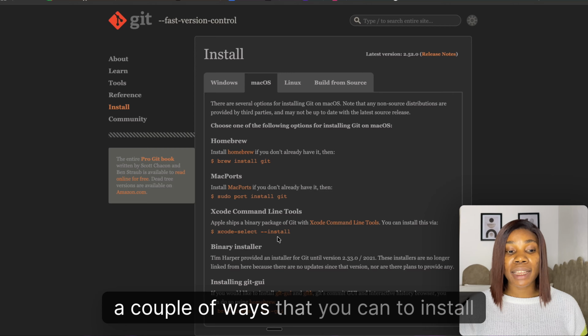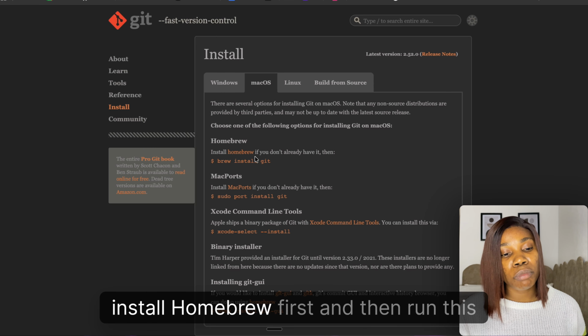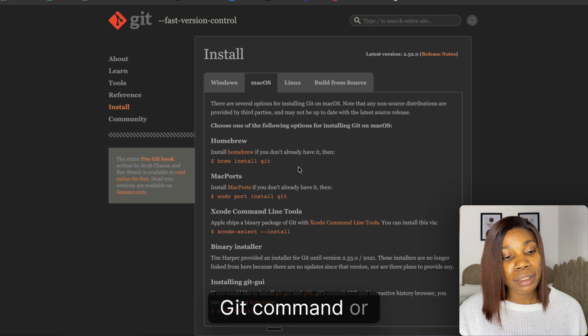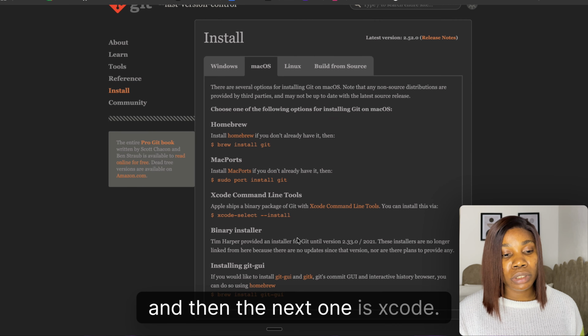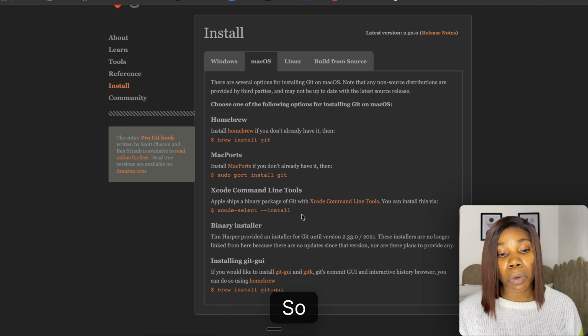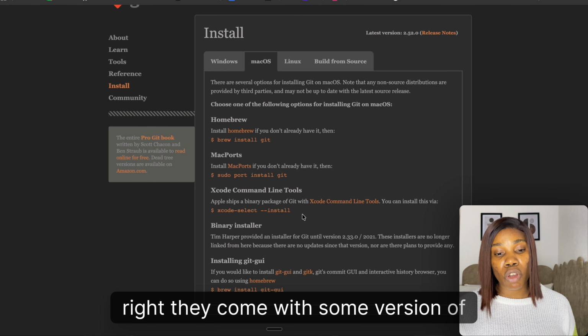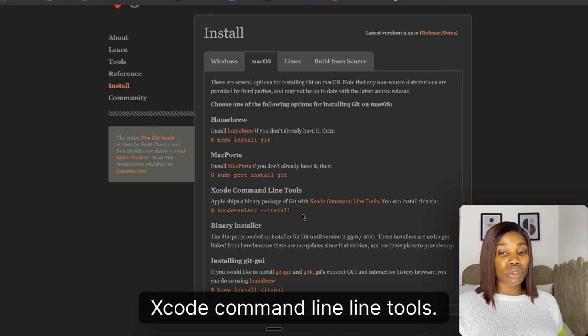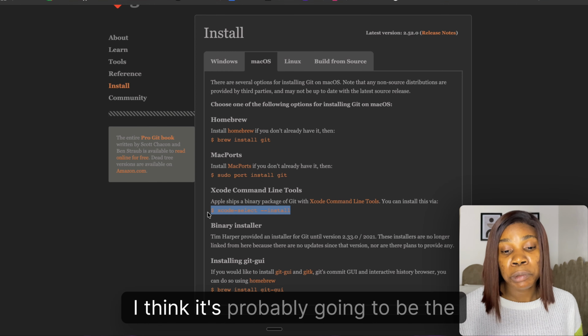There's a couple of ways that you can install Git. The first one is Homebrew. You can install Homebrew first and then run this Git command, but I've never really tried it. The next one is Xcode. All MacBooks come with some version of Xcode command line tools, so you can just go ahead and run this command here. I think it's probably going to be the